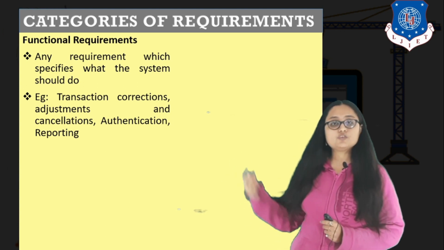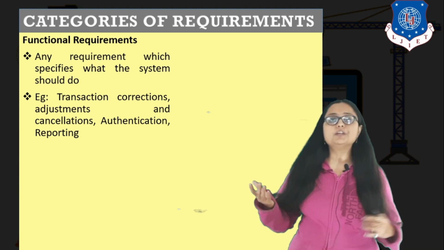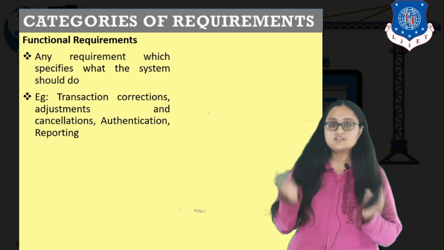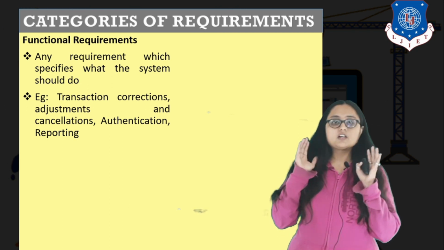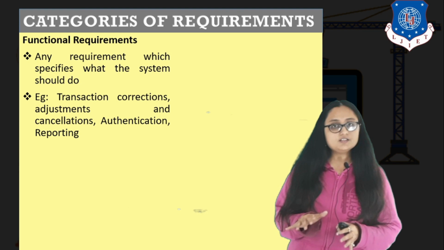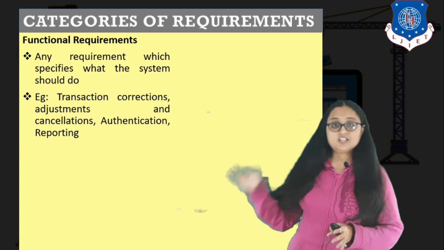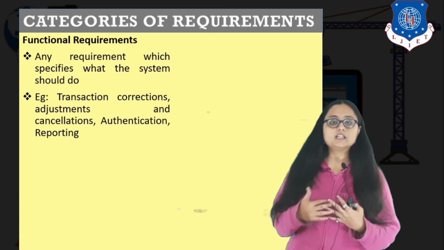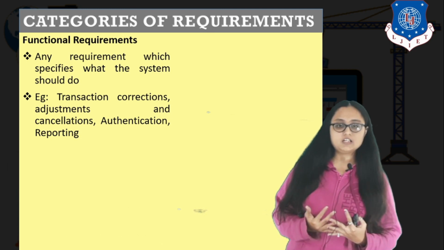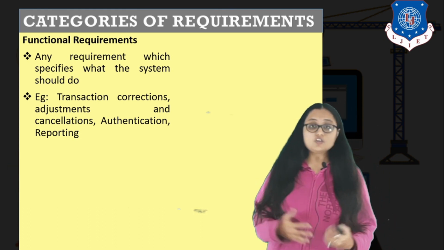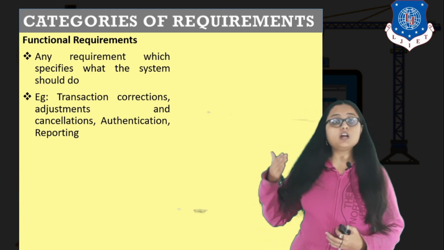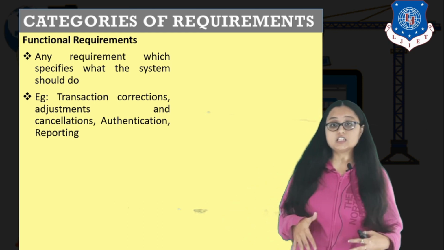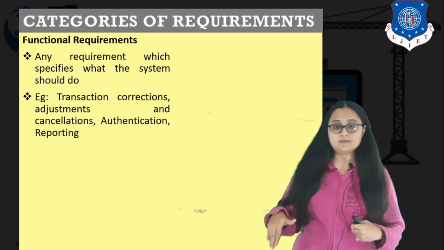What are some examples? For example, if you create a login page, that login is one of the functionalities. You create a registration page, so whenever you are registering a user, that is one of the functionalities. The transaction processing, the ticket cancellation, reporting, these are all different functionalities related to different projects, and you can consider them inside functional requirement.